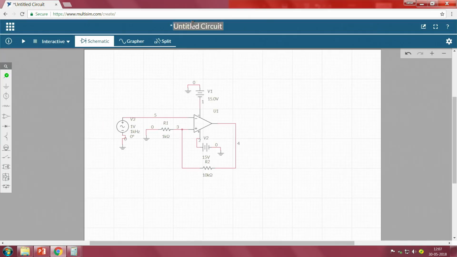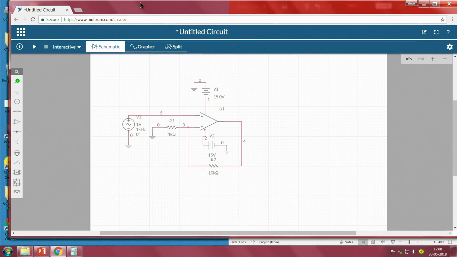Clear? Now we have to compare input and output. So, in order to see the input signal as well as the output signal, we have to connect an oscilloscope to it. So, I will take voltage probes for the analysis purpose and I will connect one to the input. The green indicates the input signal that is being connected to this, and I will take one more probe and connect it at the output side. The blue indicates the output signal.